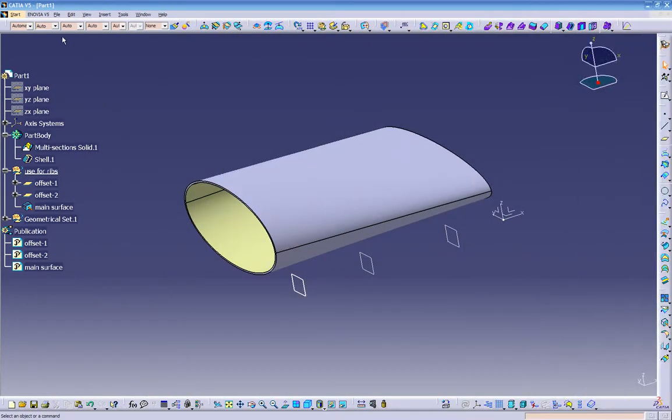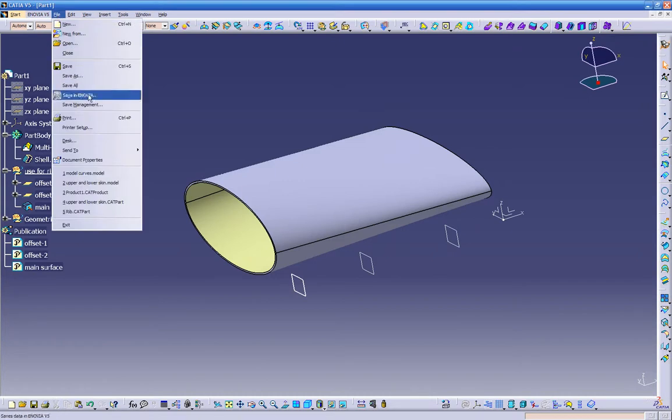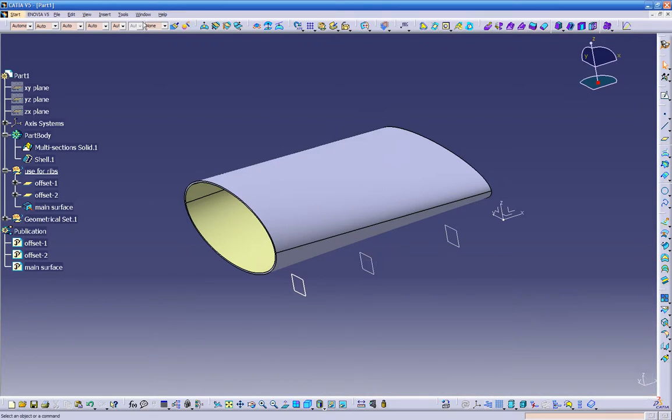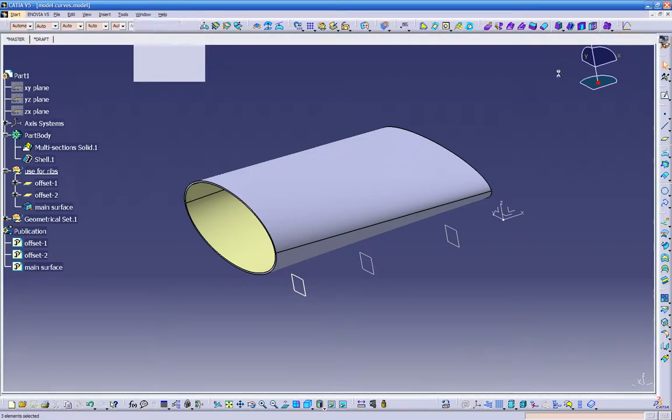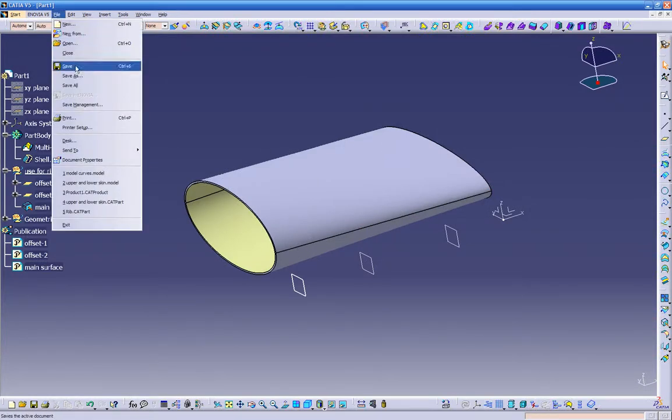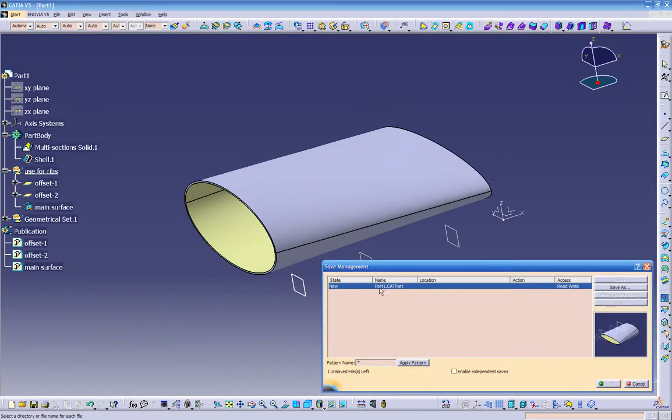Let's save this file. So we're gonna put file, save management. It seems like I got something else in here, so let me see what else I have. Okay, I don't need this right here. So let's put file, save management, and over here it's gonna ask us the location. It doesn't know where in the action, so we gotta highlight this. It's already highlighted,